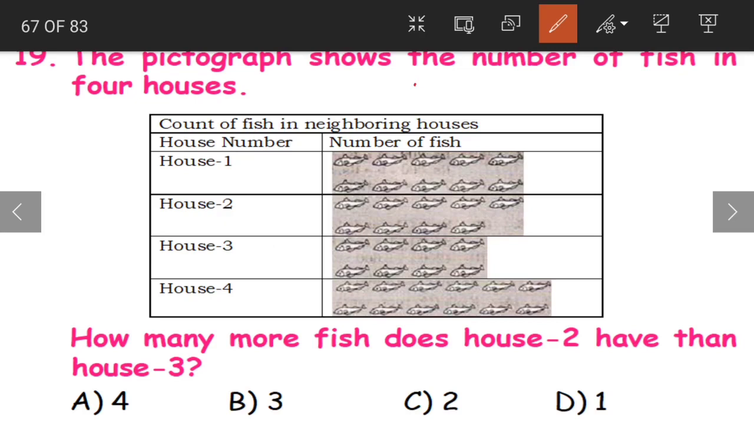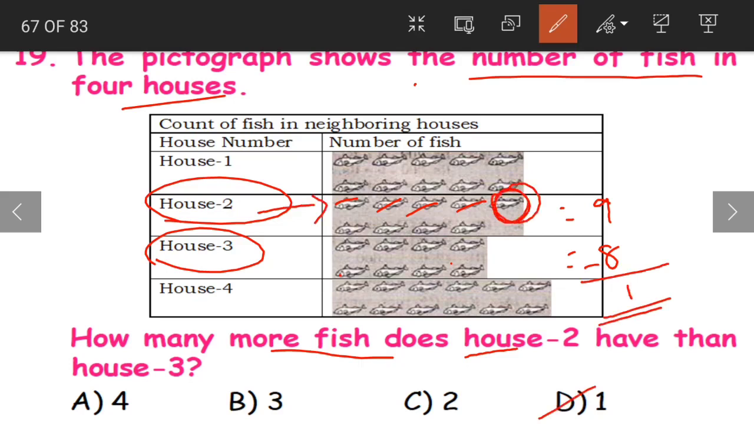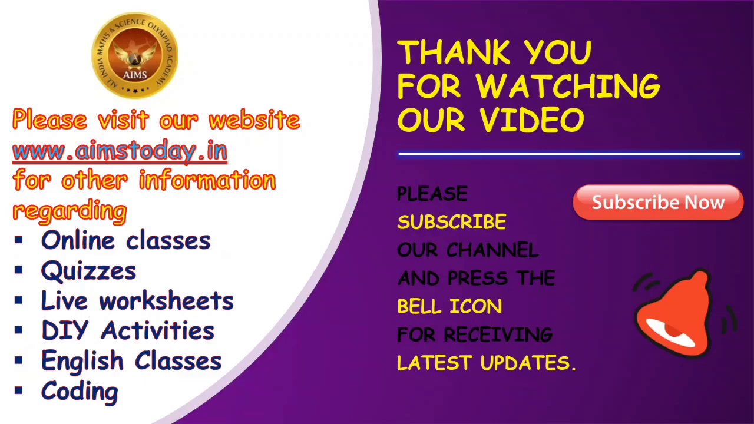Coming to question 19 and the last question for today, children. This is our last question for today. The pictograph shows the number of fish in 4 houses. How many more fish does house 2 have than house 3? So we have to compare house 2 and house 3. In house 2 we have 9 fishes, and in house 3 we have 8 fishes. So what is the difference between the number of fishes here? 9 minus 8 is equal to 1. So house 2 has one more fish than our house 3. So option D, 1 becomes our correct answer. Yes, children,